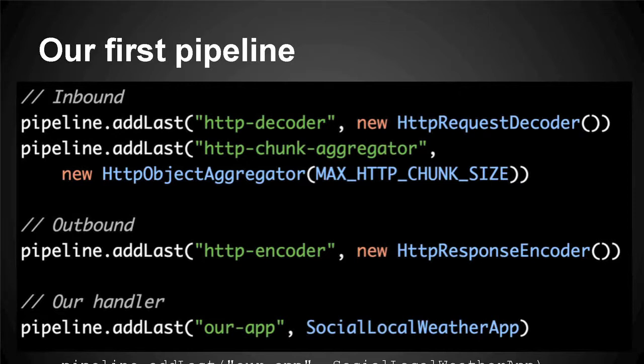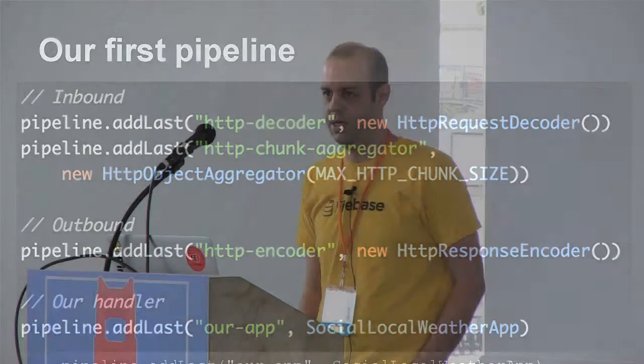We've got some HTTP parsing to start with. We're parsing from bytes to an HTTP request. We're batching up all of the different parts of the request into a full request, which is kind of an optimization, or not optimization, simplification that I'm doing, just so we don't have to worry about streaming for now. On the outbound side, we're going to expect an HTTP response, and we're going to transform that into bytes to be sent back to the client.